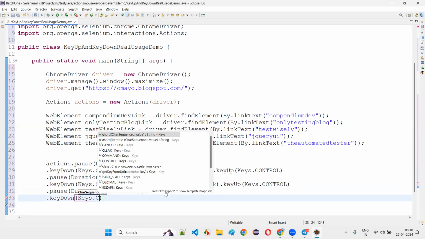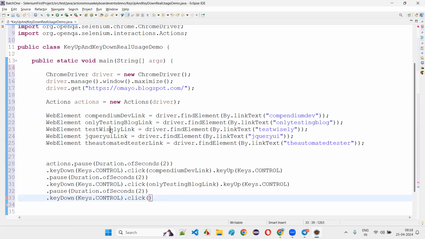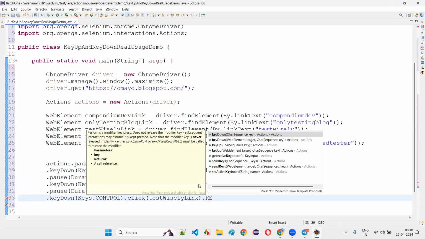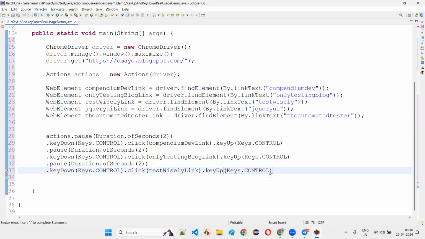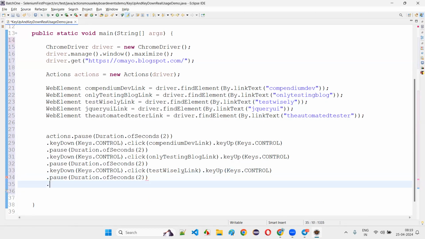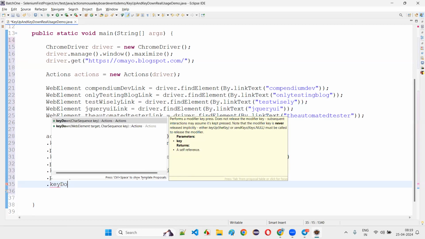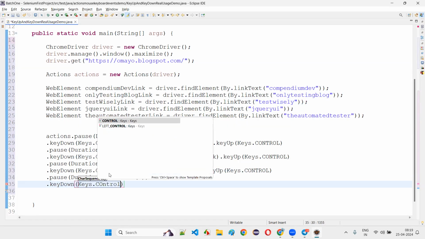of keys dot control dot click off which link, test wisely link this time, then dot key up of keys dot control, then write dot pass, then duration dot of seconds, give 2 seconds and write down dot key down, that is keys dot control